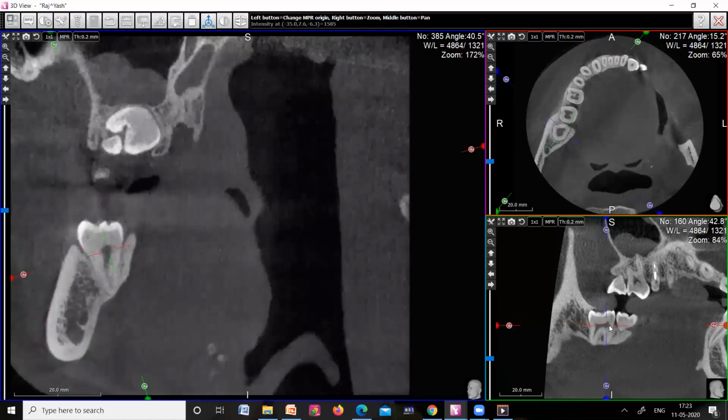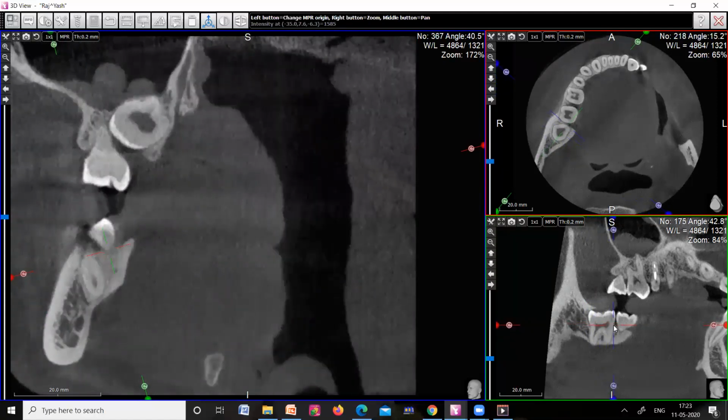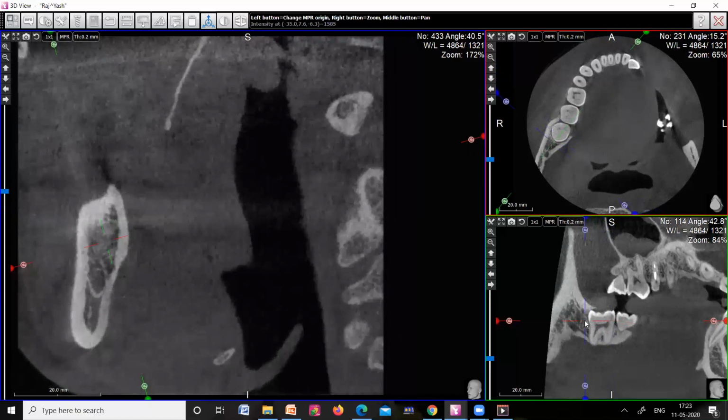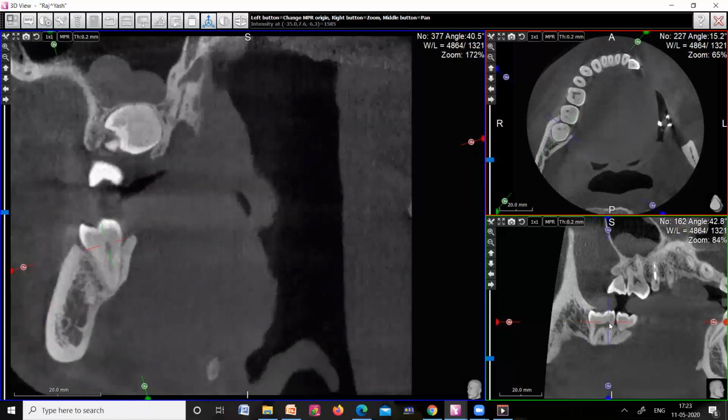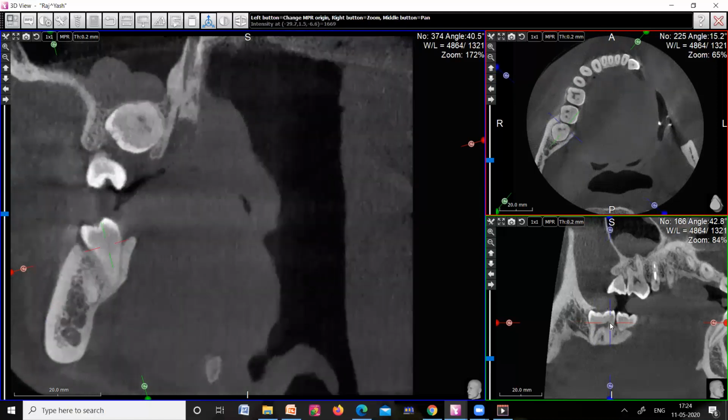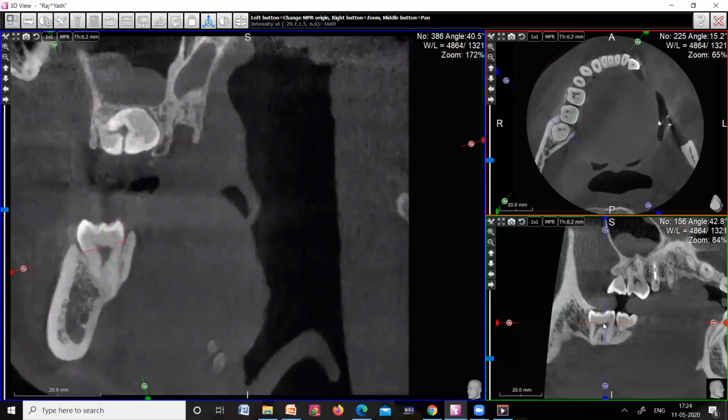Now I need to study my inferior alveolar nerve canal. As I go from the mesial to distal side, you can see I'm just passing over here, here, here, and like this. So I need to see where my inferior alveolar canal is. How to identify the inferior alveolar canal? The inferior alveolar canal is the most radiolucent shadow which is present, surrounded by cortical plates. So this is my radiolucency. This is the most mesial part. It is present on the lingual and the inferior side. As I go down, down, down.